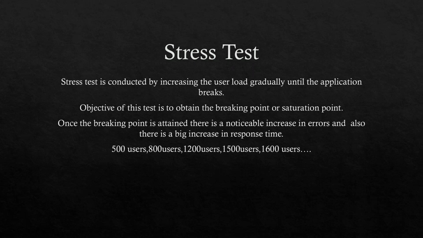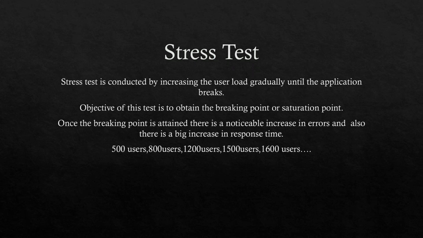So now we understood what a stress test is. With respect to stress tests, there is one more point. If we are gradually increasing the users, that's okay. For example, the initial load was 500 users, and suddenly I increased it to 1500. If there is a sudden spike in user load, then we call it spike testing.